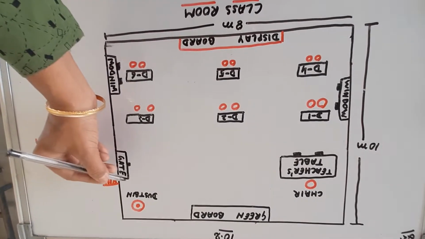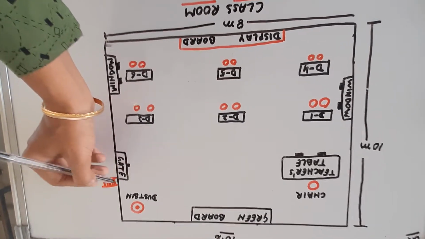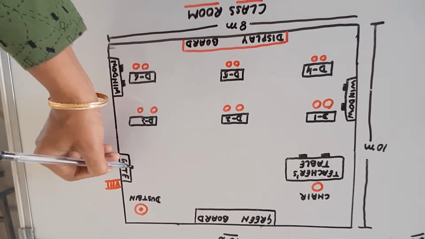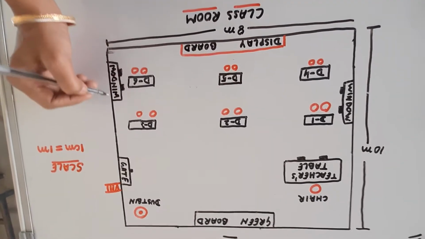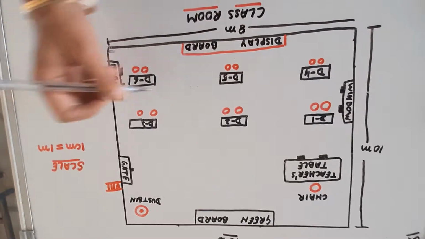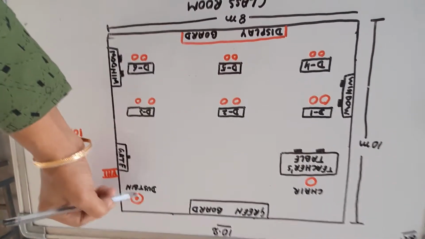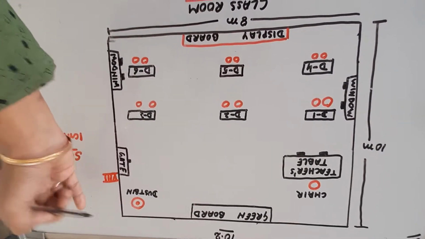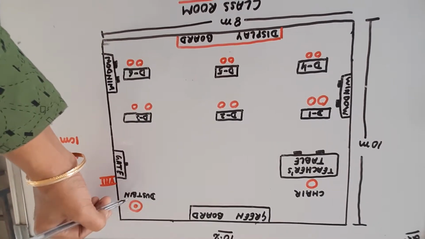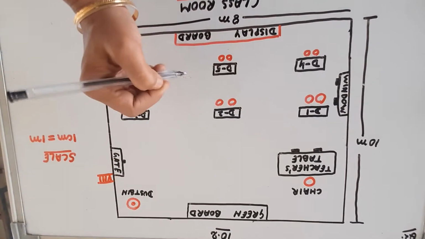So for the gate, dear students, what symbol have I used? This box with a single handle. You can see this, I have made a handle. For the windows, a box with 2 handles. So this is the symbol. For the dustbin, a circle and a center dot is there. This is for the lid of the dustbin. And this is the dustbin. You can make it in a cuboidal form also, means rectangular, right?